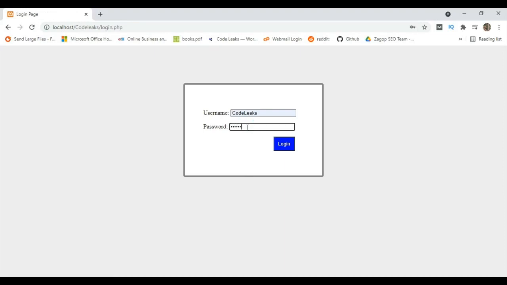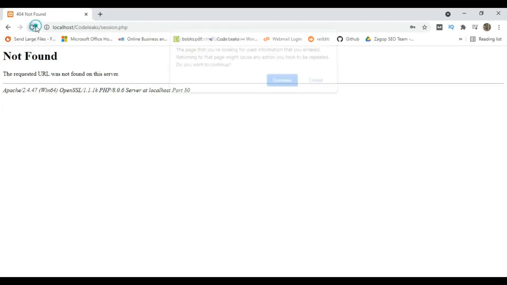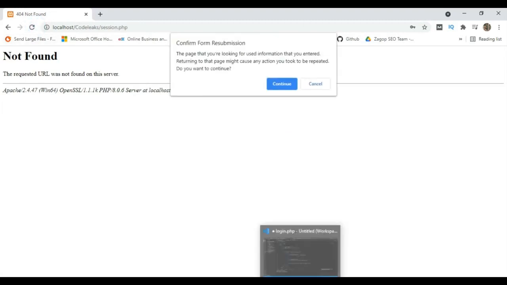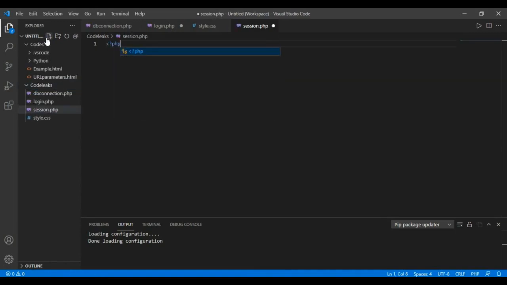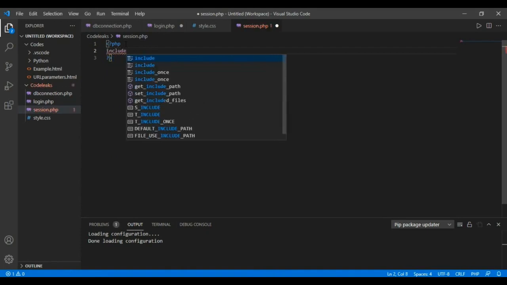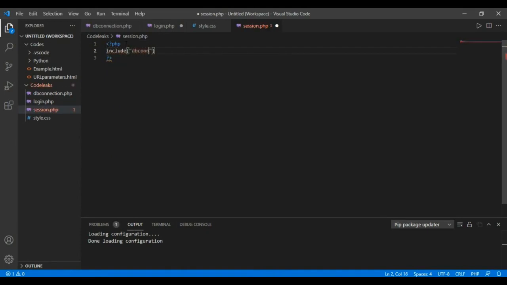done. Next step, we will run our login form, and upon entering the details we have got an error. Okay, now it's time to create a session file. We will create sessions in this file. What happens is when a user clicks on login button, credentials are matched with our database record to find whether the user is registered or not.